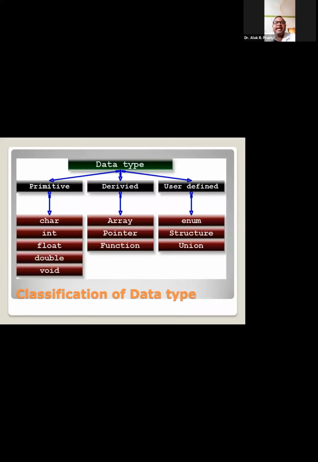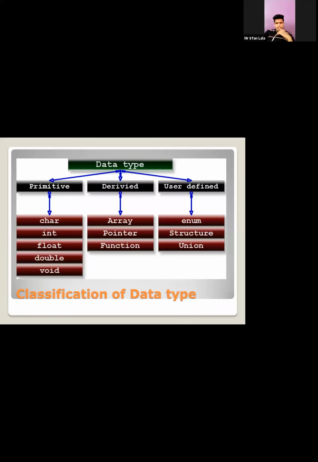Under primitive data types, we have integer, character, float, double. In some books, you can find void is also a primitive data type. We can take void as a primitive data type or a separate kind of data type. Void means there is no type. Void means, generally, we are telling this space is void. There is nothing I can find in the space. Similarly, if I don't know what the type of data is, then I can use void there.